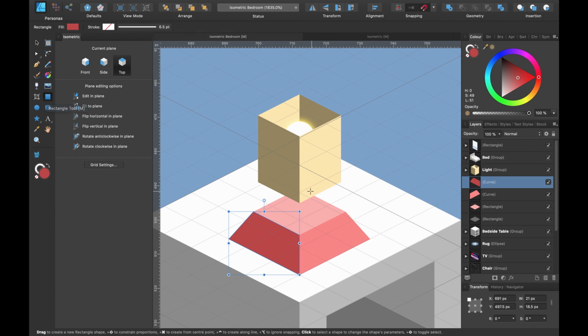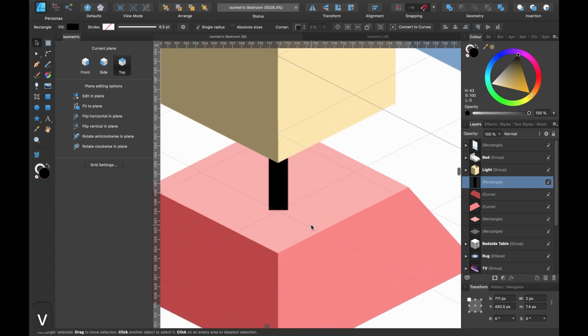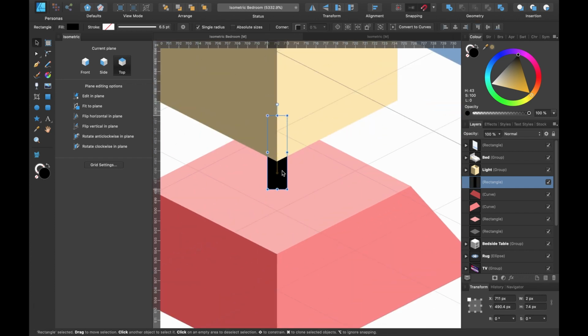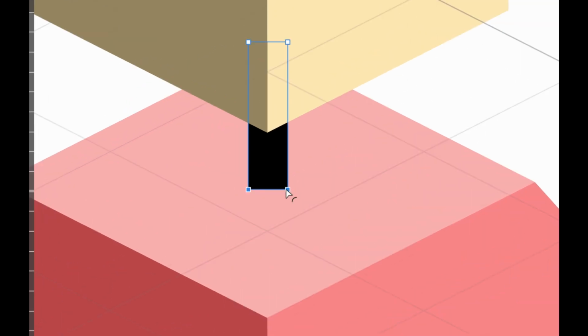Click on the rectangle tool and just click and drag down. We'll make this completely black. Press V, the move tool, and let's make it round kind of the center there. And the last thing I'm going to do with this is I'm going to head on over to the corner tool up here. I'm going to click on that. Now I'm going to click and drag to select the bottom two nodes. And you see there's a little shape there, like half a circle, little bent shape there.